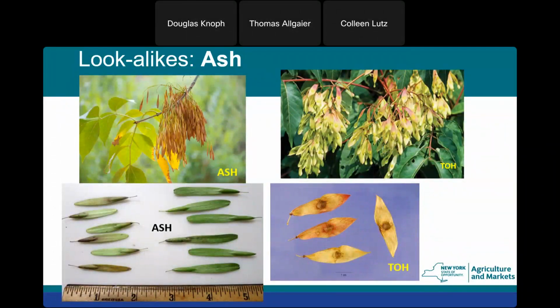The ash seeds, as I mentioned, are at the tip, right at the base of the petiole. And in tree of heaven, the seed is in the middle of the samara. But when they're hanging in the tree and you're looking up, it's really kind of hard to tell. However, tree of heaven is, as I mentioned, prolific with seed production. There's usually a lot more seed present on a tree of heaven than on an ash tree. Also, ash tree samaras are usually thinner and more blade-like, whereas those of tree of heaven are much wider. So, next page.